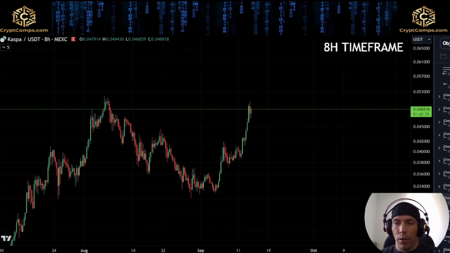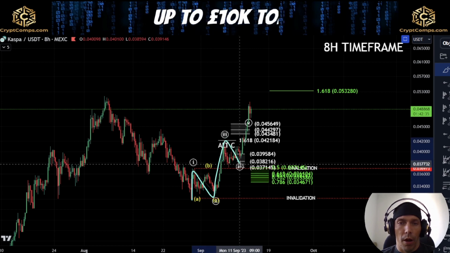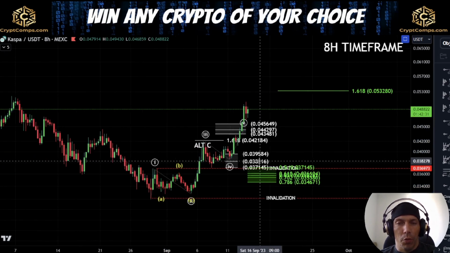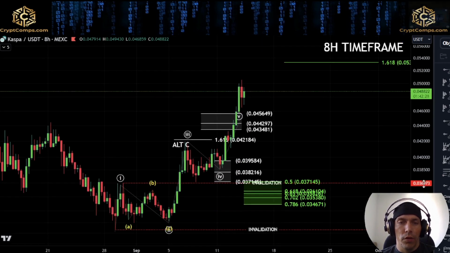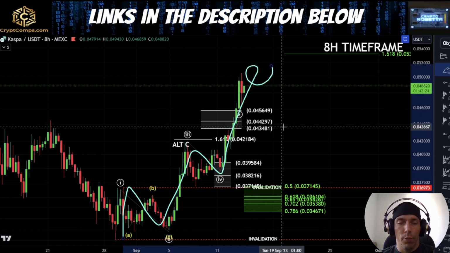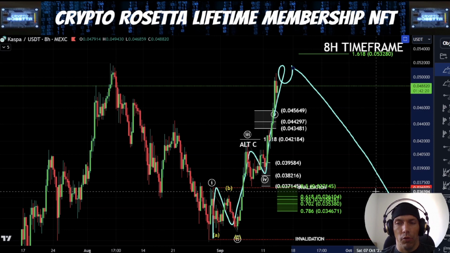Now, in the other alternative, like I said, this could be 1, 2, 3, 4, and then we're looking for a fifth wave. So it's going to be key how we respond to the different target boxes. If we do have this as 1, 2, 3, 4, and 5, and actually the fifth wave is extending, this would mean that the move would then complete and we'd see a deeper retracement.